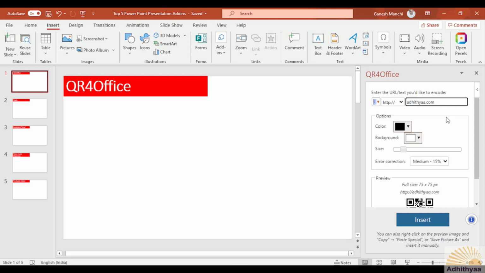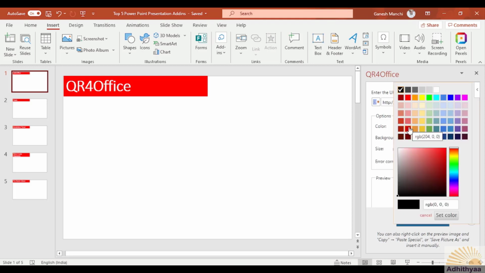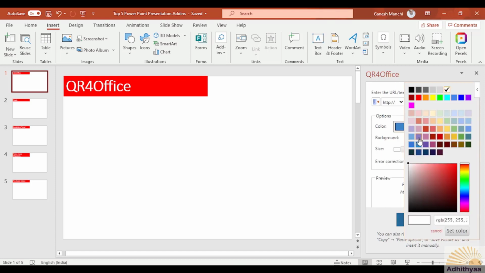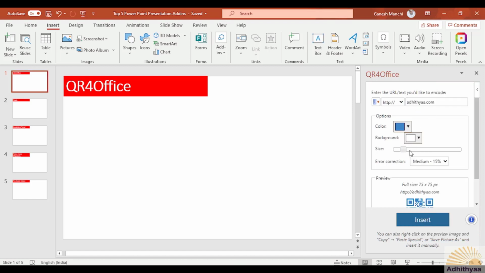That's good. Now you can change the color if you wish. I generally choose a blue color. The background can be white, let it be. If you want to make the size bigger, you can still make it bigger.